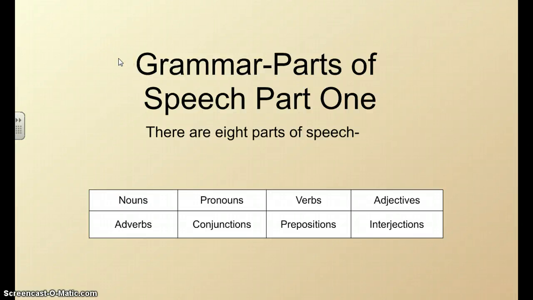Today we begin our review of the parts of speech. I know that a lot of you guys feel like you have mastery in this, but I still ask that you watch the video and take detailed notes on the 8 parts of speech review handout or on the PDF version on your iPad. You need this as a foundation for the other grammar that we're going to be covering